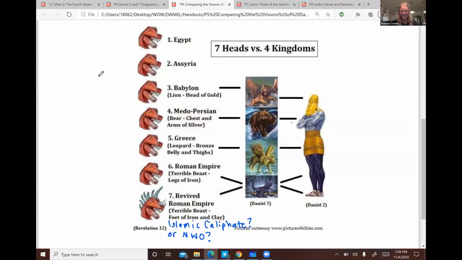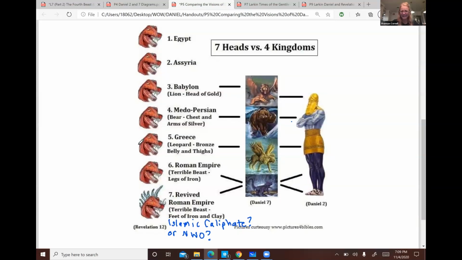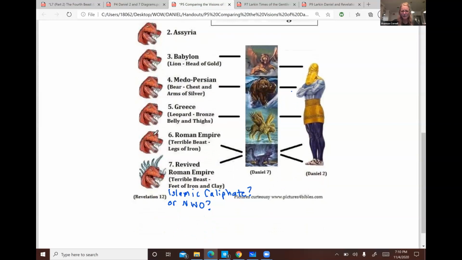So from the perspective of John, 1, 2, 3, 4, 5 kingdoms had run their courses. Their kings had fallen. 1 is, this was the one in power as John was receiving his vision, and the other has not yet come, right? 5 have fallen, that is Egypt through Greece. 1 is, and the other has not yet come, okay? So then we can begin to make a connection between the beast of Revelation 17 and all of these empires that we're studying in Daniel 7.